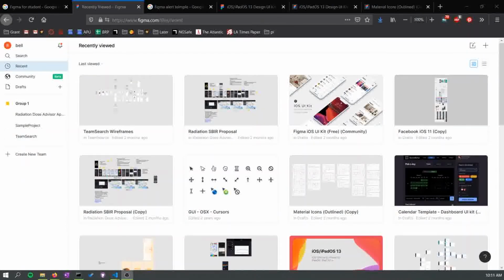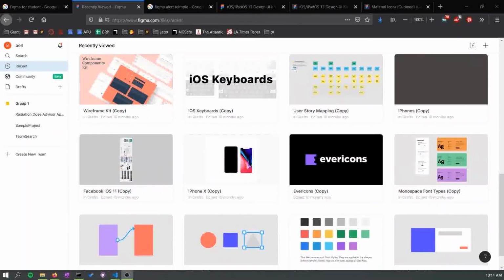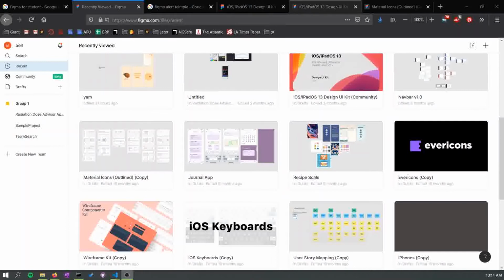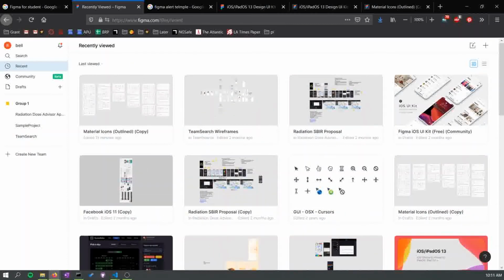Alright, so this is my APU university account that I made, and as you can see I've done quite a lot with it. These are all different things, like the icons that I showed you earlier, similar things for design and making things. As you can see I've used Figma quite a lot for everything that I've been doing at my university. But what I'm really going to show you is, first of all,